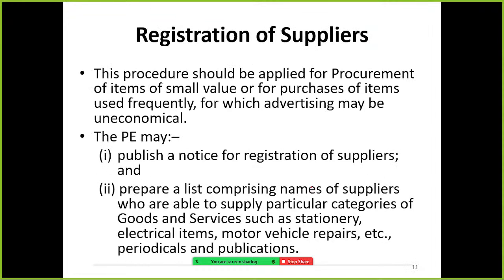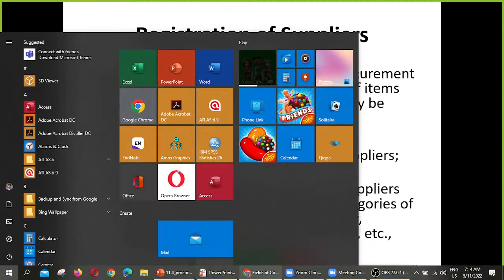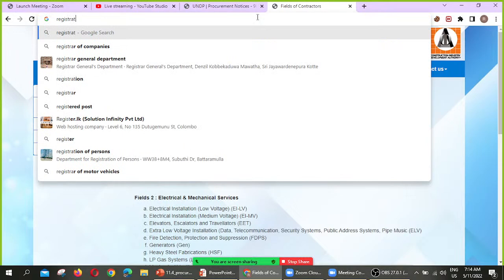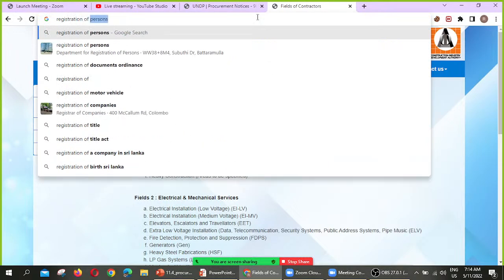Here this is one, the registration of suppliers. So you can find there are many registrations of suppliers.